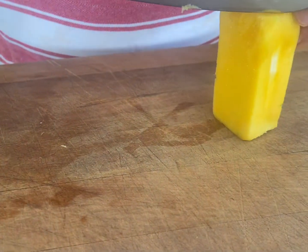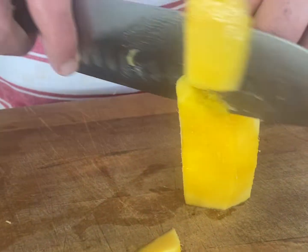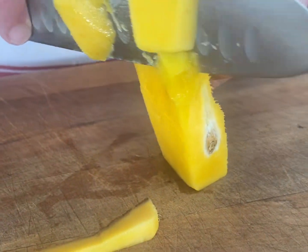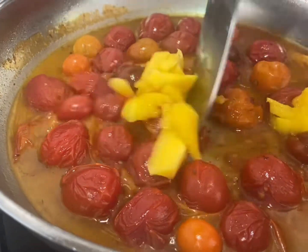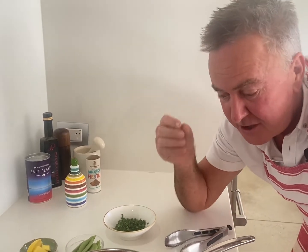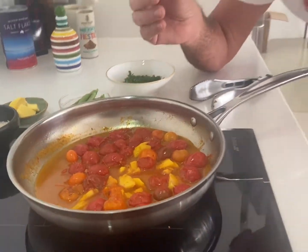On my mango pit, there's still some mango meat left there. Slice it off and just chop it up into small pieces and into your sauce. Bursts of flavour. So you can do your kebabs in advance, have them in the fridge, get them out an hour before you're going to cook them, so they're at room temperature. You can have the sauce done to this stage, and when we're ready to finish the sauce,